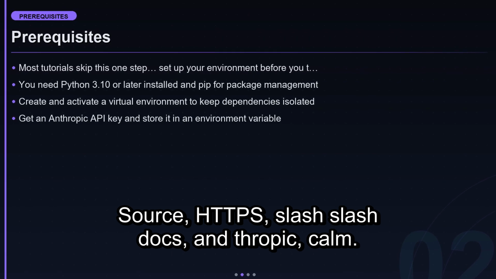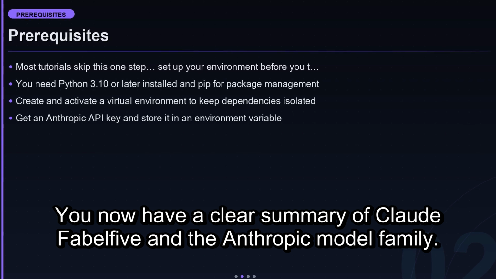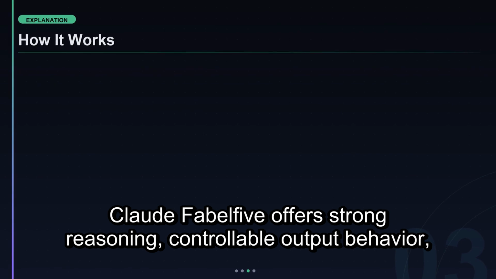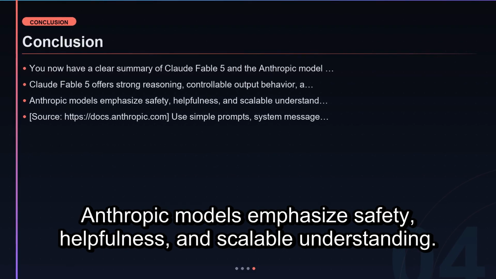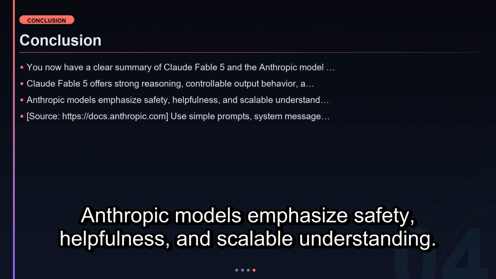https://docs.anthropic.com. You now have a clear summary of Claude Fable 5 and the Anthropic model family. Claude Fable 5 offers strong reasoning, controllable output behavior, and tools for building smarter AI applications. Anthropic models emphasize safety, helpfulness, and scalable understanding. Source: